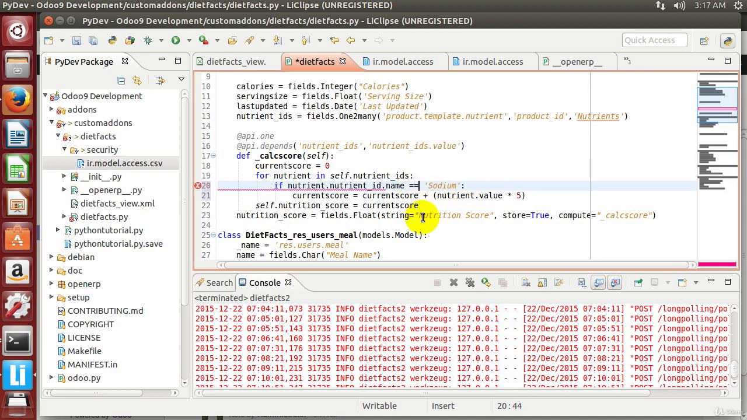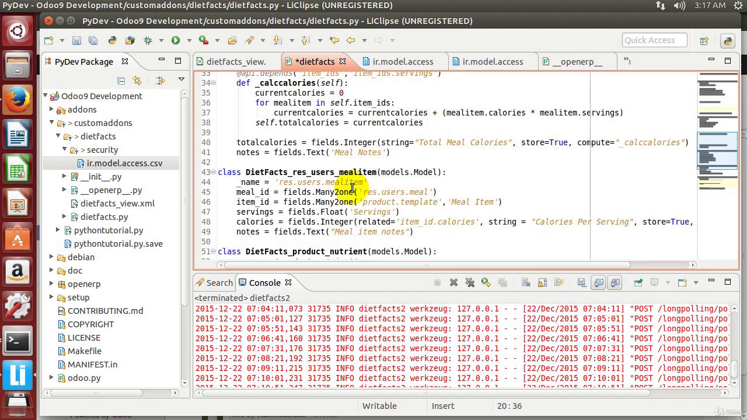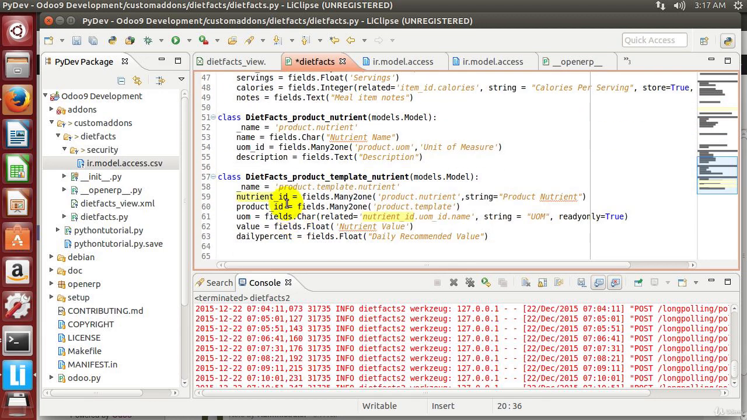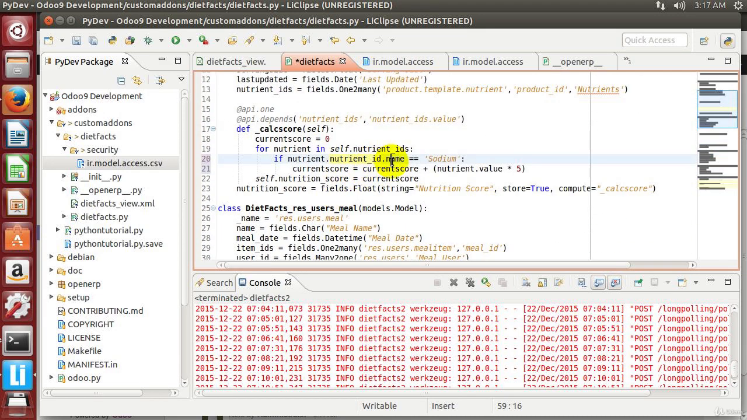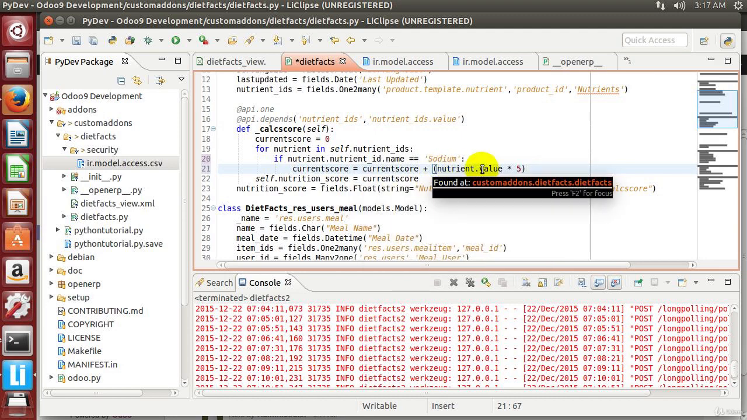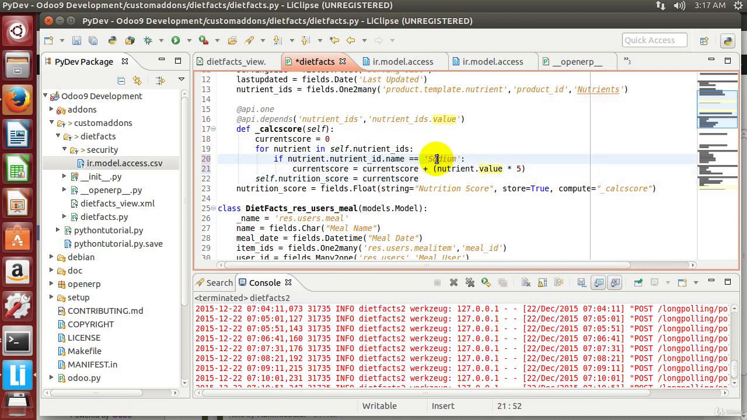And we want this, I think, to have a double thing. So if our nutrient that we're on, and then we look up the nutrient ID that you see right here, and then we get the name of it. So that's why we're going to the nutrient ID, and then we're checking the name. If it's sodium, we're going to take the current score equals the current score and add to that whatever the value is of sodium. And we know this is the sodium value because we're in the if. We're going to multiply it by 5. And let's go ahead and save that